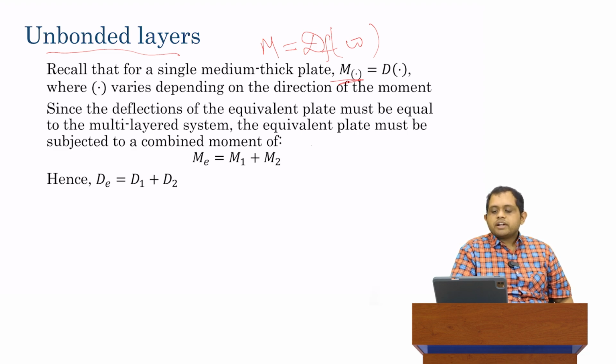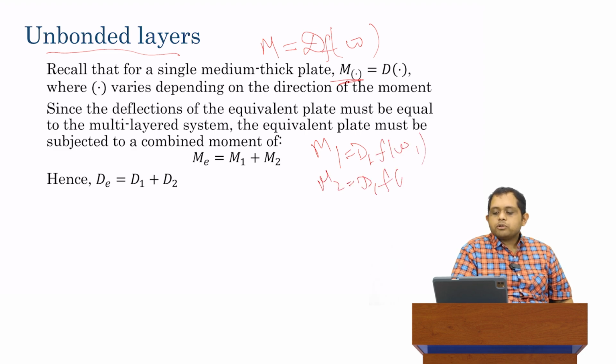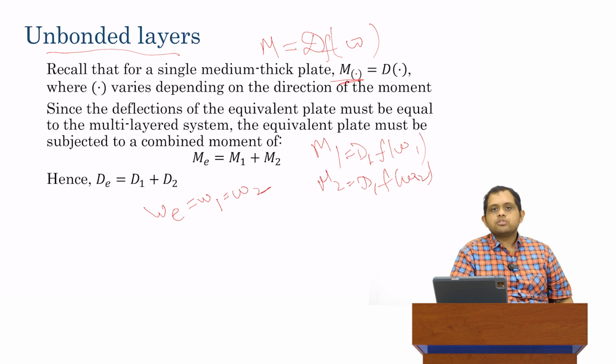So therefore, what we could always write is that M1, the moment in plate 1, is D1 times some f of w1, and M2 is equal to D2 times some f of w2. Now, for an unbonded layer, we must have continuity in our displacements. In other words, WE should be equal to W1. W1 will always be equal to W2 because we assume full contact. So this condition has to be satisfied. It turns out the only way this condition is satisfied is if the equivalent moment on the equivalent plate is